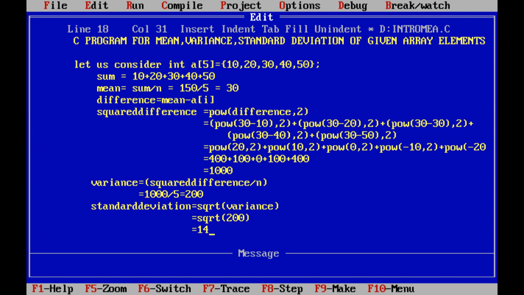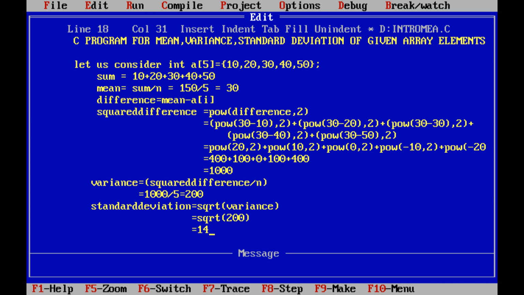Okay, so mean is nothing but simply the average of the given 5 array elements. Next, variance is nothing but the squared difference divided by the number of elements in the given array. How to calculate the squared difference? We have to subtract each and every element from the mean value. After that we have to square that value.